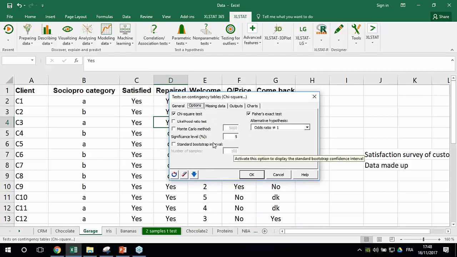In the options tab, there are many tests we can have. They all answer more or less the same question, or they are all related to the same hypothesis, the same null and alternative hypothesis. There's the chi-square test, which is the most famous one. There's Fisher's exact test, which is non-parametric, so very robust. We also have the Monte Carlo method, which is robust as well. So we try to stick to Fisher's exact test, which is non-parametric,